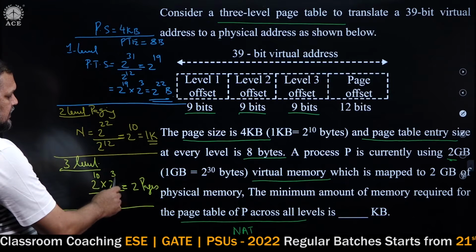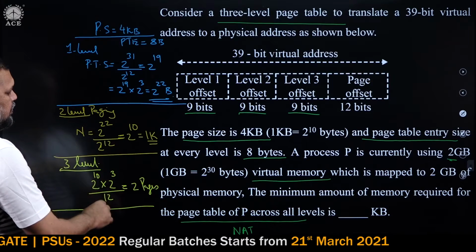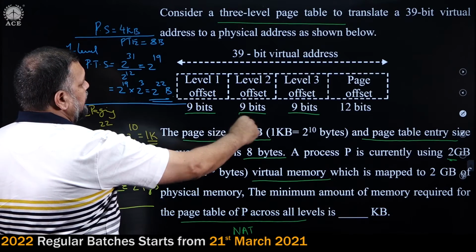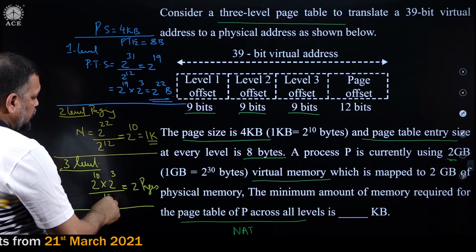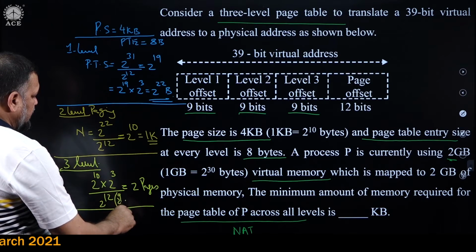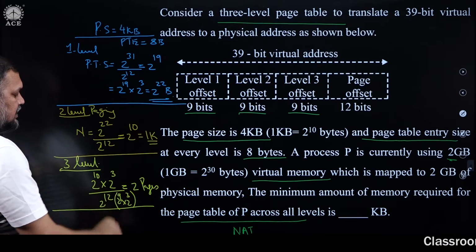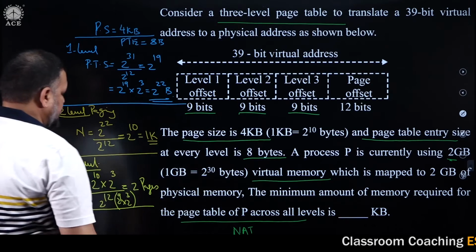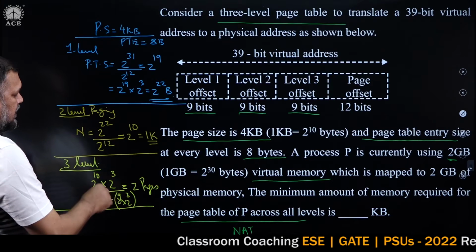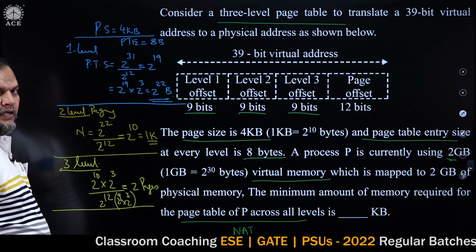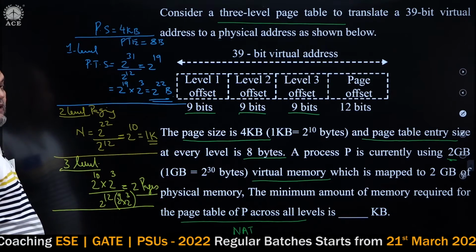This is the page table size divided into pages of size 2 power 12, or you could do 2 power 10 by 2 power 9, since 9 bits are used to index into this. Actually, this 2 power 12 is nothing but 2 power 9 into 2 power 3. You getting my point? The page table entry size is 2 power 3, the number of entries is 2 power 9. So, 2 power 10 by 2 power 9 or 2 power 13 by 2 power 12, either way it is 2 pages. I need 2 pages of the second level page table.